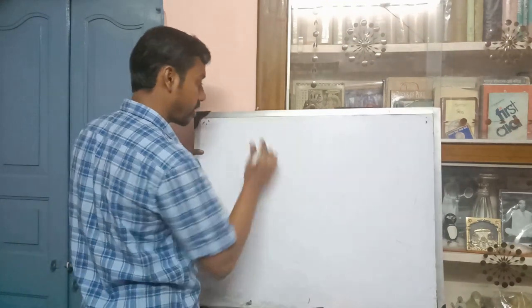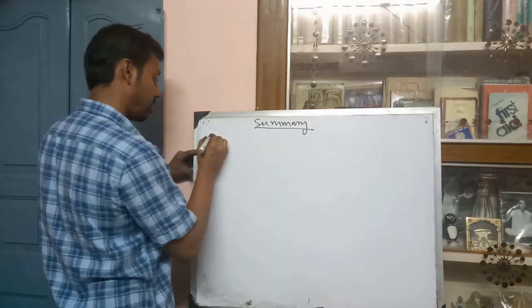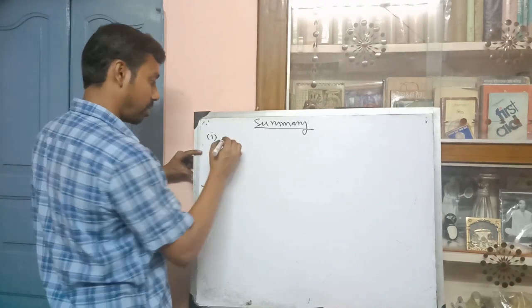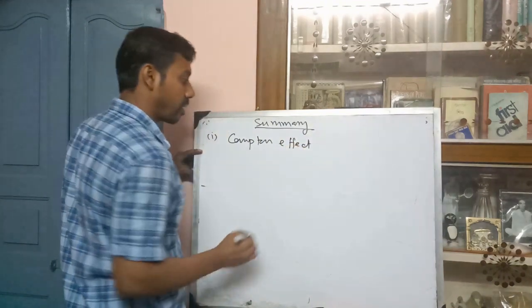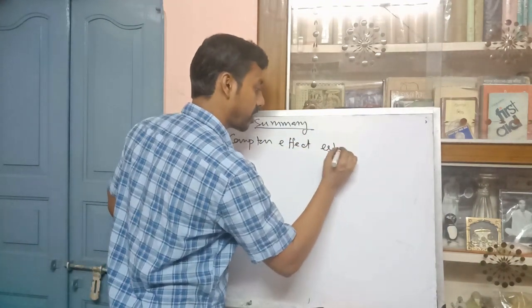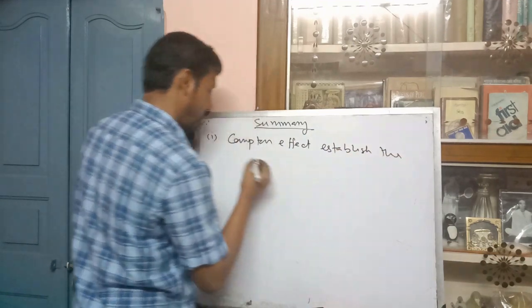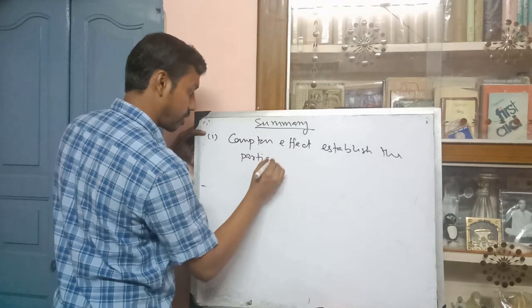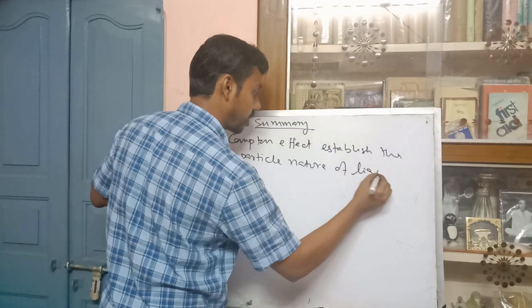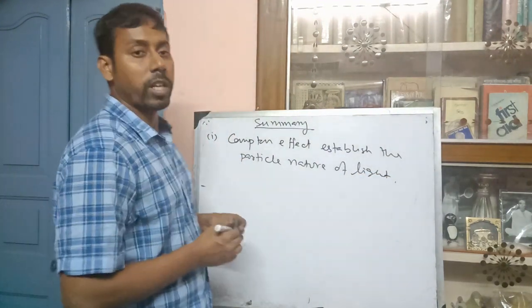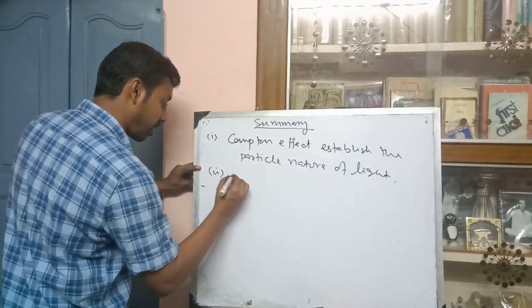The summary is: the Compton effect strongly established the particle nature of light. Number 2, the Compton shift